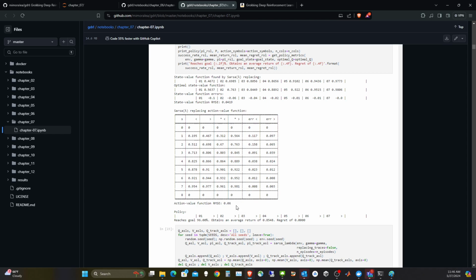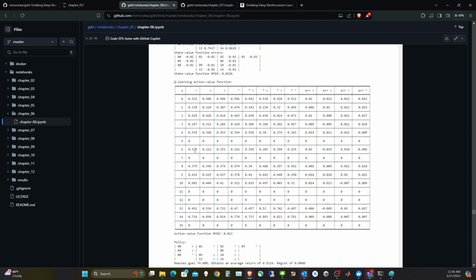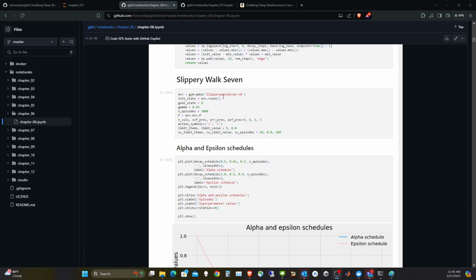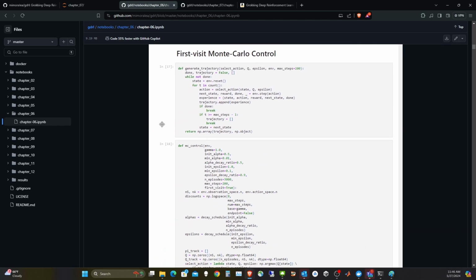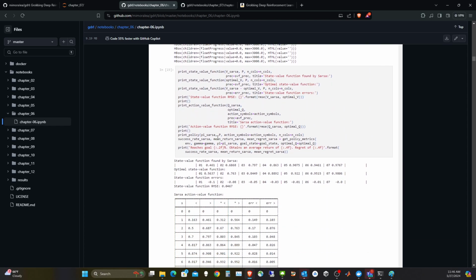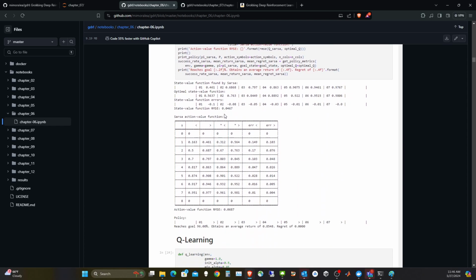So let's compare it against slippery walk 7 in chapter 6. I'm just going to put it here. Okay, we're in chapter 6, and we're going to compare the SARSA lambda against the plain SARSA, and both of them in the slippery walk 7. So let's go to the SARSA. Okay, so it's first visit Monte Carlo. That's not it. SARSA. Okay, so SARSA in the slippery walk 7 had